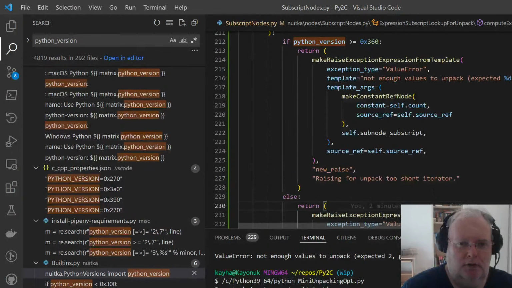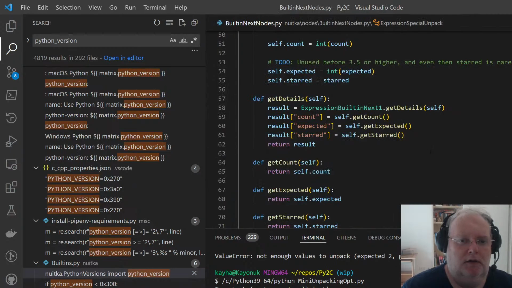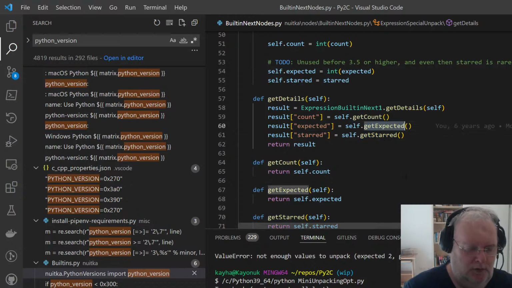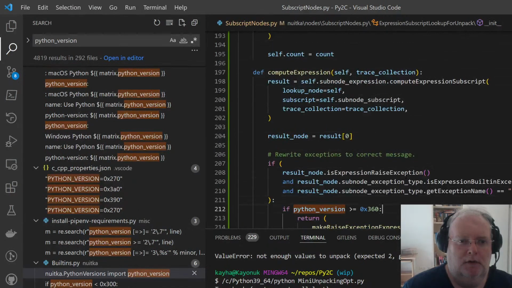Self count is off. Really. Where was count from? It hasn't. It's an expected. I was using count, but I should be using expected. Right?